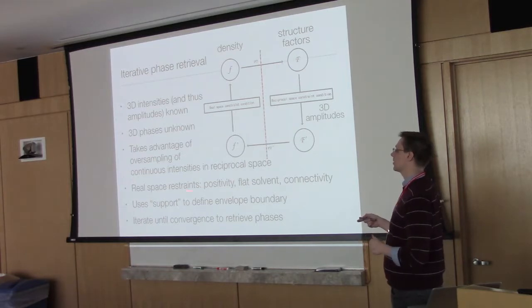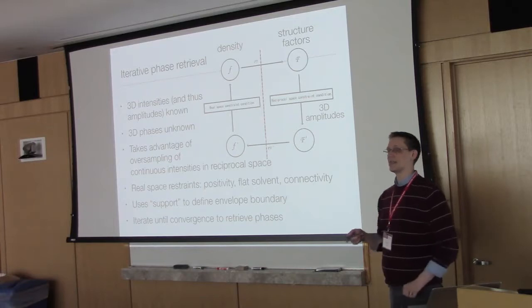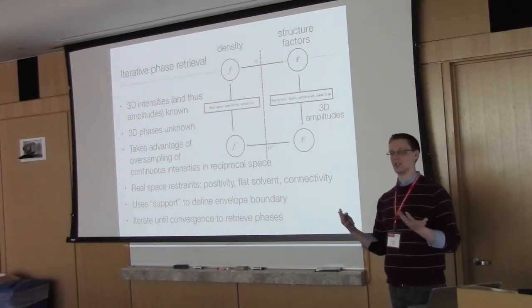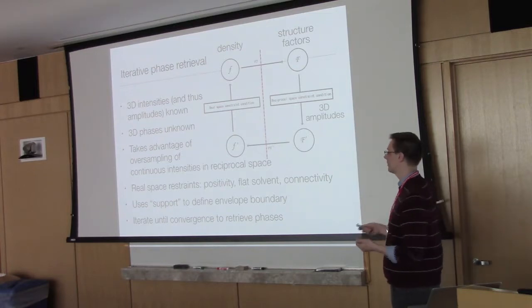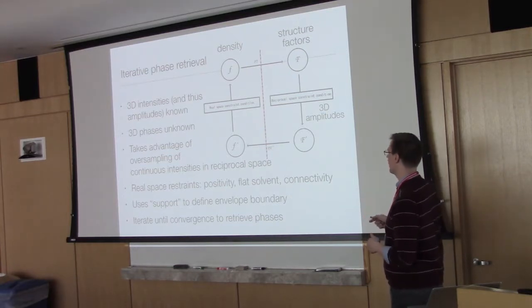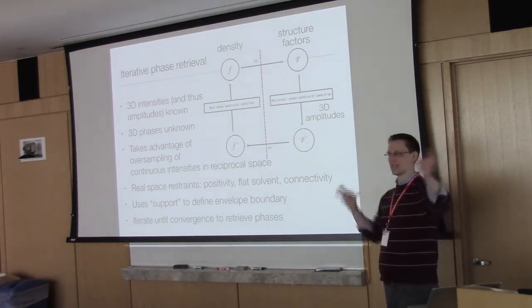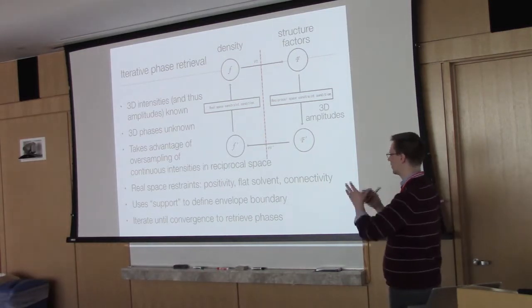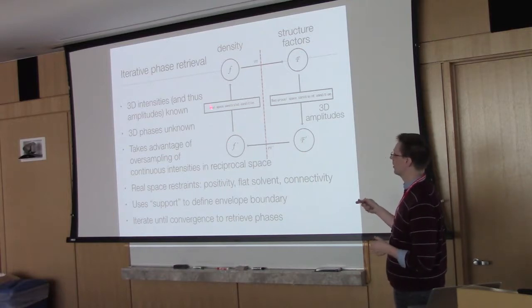And we play with them by applying real space restraints. These are things like positivity. Positivity means you can't have negative electron density. You can't have a negative number of electrons in a given space, right? We also know that the solvent, as a rough approximation, is typically flat. Bulk solvent is flat. We also know that particles are connected objects, okay? You don't have disconnected particles. They're single connected objects. And so we can modify our electron density function with those real space restraints,